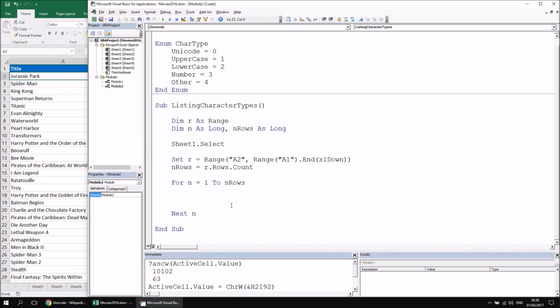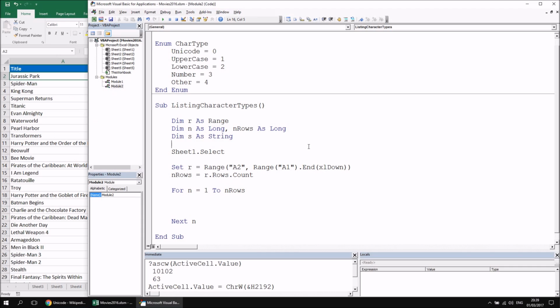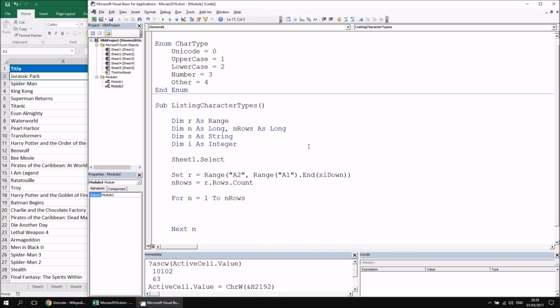The first thing I'd like to do inside the loop is store the film's name in a string variable, and then I'd like to loop over the individual characters in that string. So to make that work, I'm going to declare another variable first, of course. I'm going to say Dim s As String. And then I'm also going to declare another variable that can keep track of numbers, another loop counter type variable. So let's say Dim, I'm going to call this one i As Integer. I'm pretty confident that none of my strings are more than 32,767 characters long, so I'm safe with an Integer